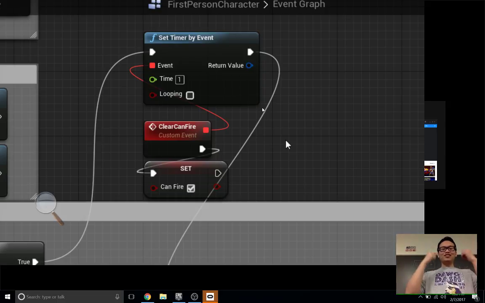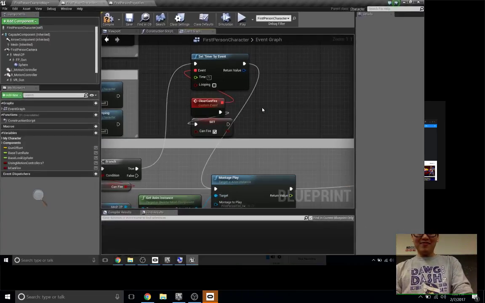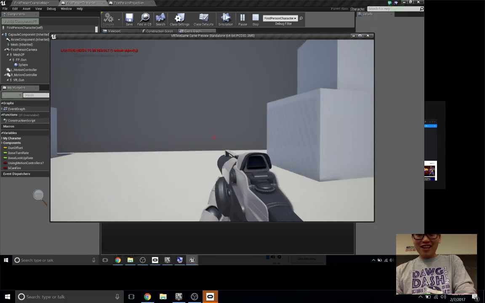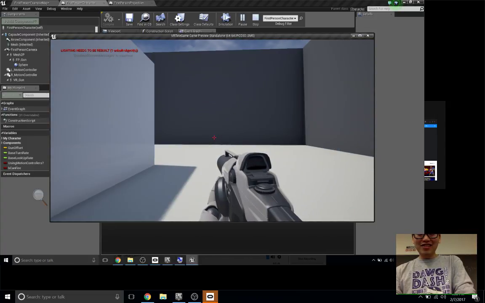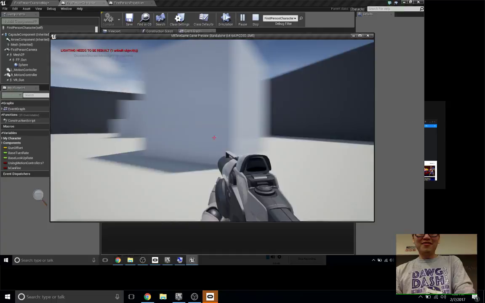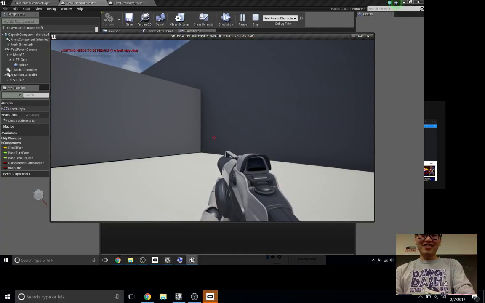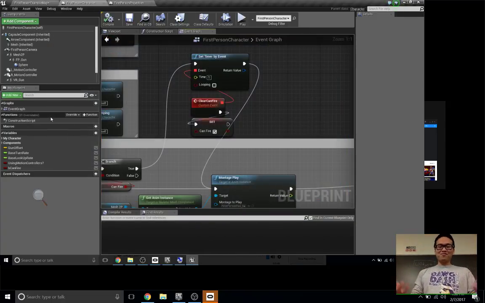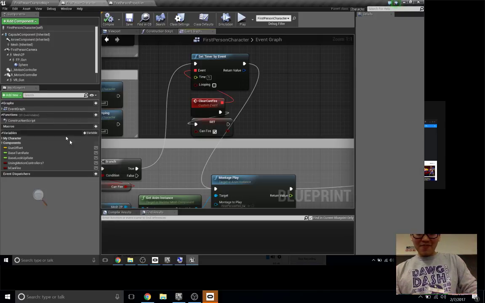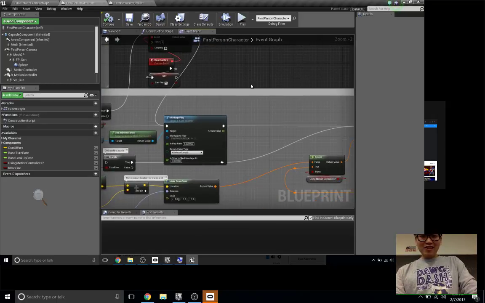So after 1 second, we clear and make can fire equal true. Let's see if that works now. Compile. Make sure you save. Save and compile are not the same, by the way. Be wary of what you save. When you save, it doesn't compile, and when you compile, it doesn't save, so make sure you do both. Now I can't fire like crazy, but there's a 1 second delay for my teleportation. That's awesome. I'm just going to wrap up right now in case I'm short on time, but you can think of either doing an event.